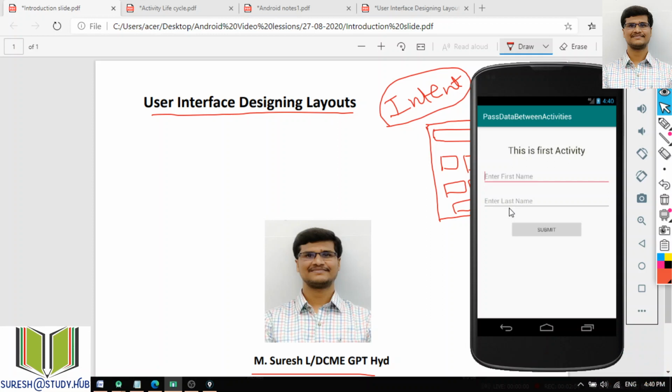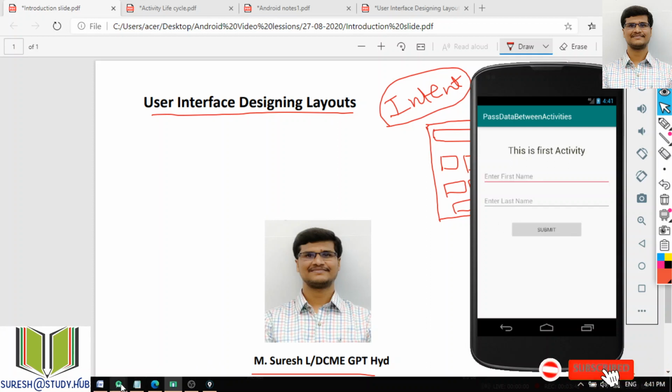We will see the SQLite database. Whatever data I entered, I will store in the SQLite database, and then retrieve it in the second activity and display it, or do whatever task I want with the data. That is one thing: from one activity to another I can switch with the data. But here I am not using any database. Whatever data I entered, I will store in strings, and in the next activity I will get those strings. That's it.